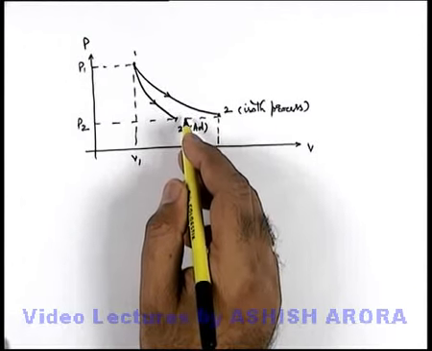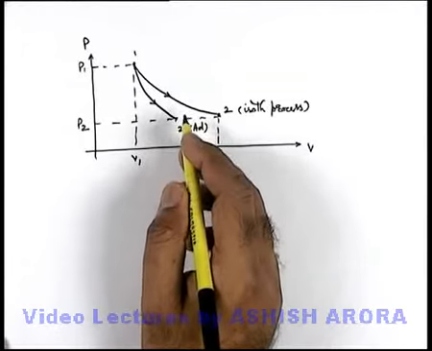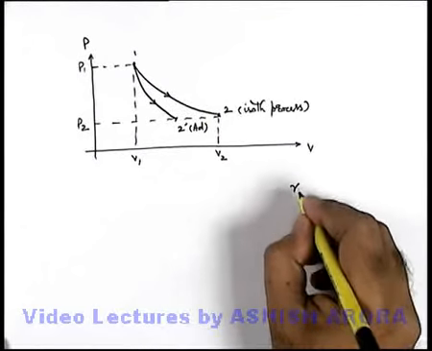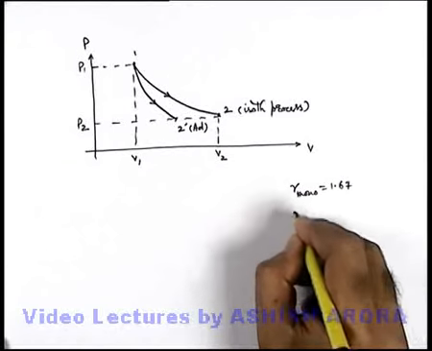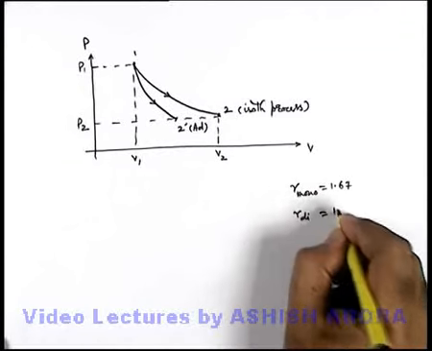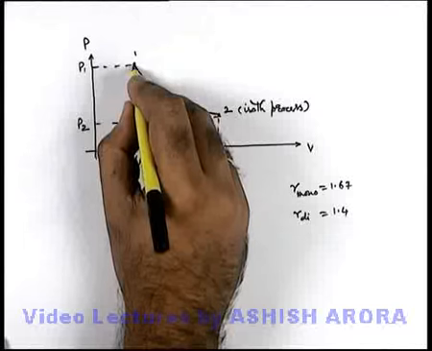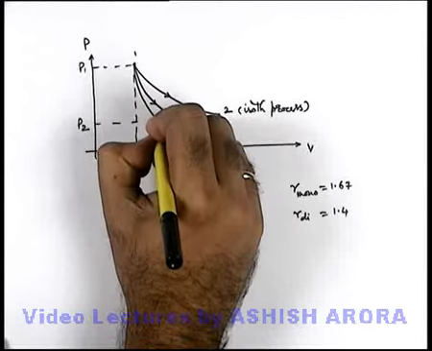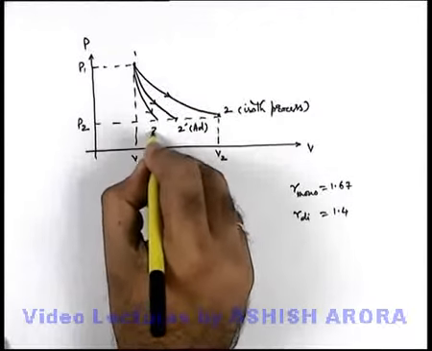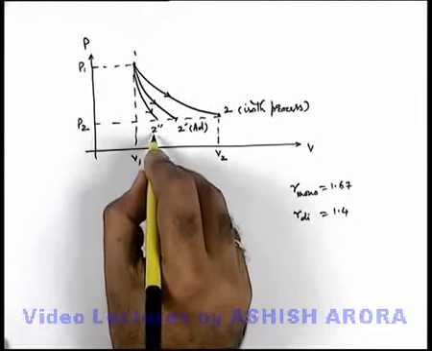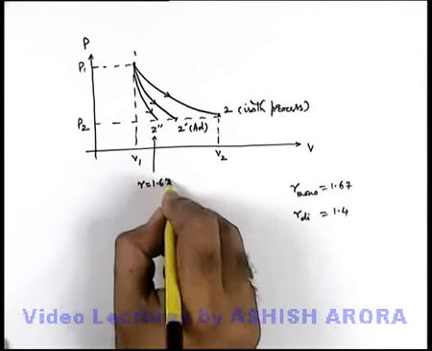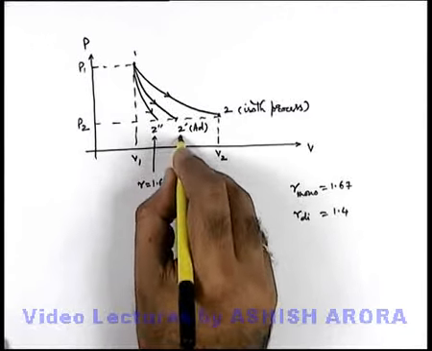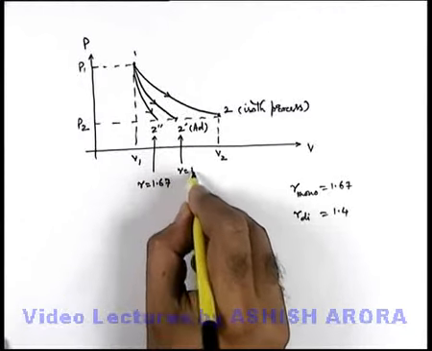Now, if the process is carried out for a monoatomic and a diatomic gas, we know that gamma for a monoatomic gas is 1.67 and gamma for a diatomic gas is 1.4. Then a further difference can be seen. Say this 2 double prime. This is the curve plotted for gamma equals 1.67, and this is the curve plotted for gamma equals 1.4.